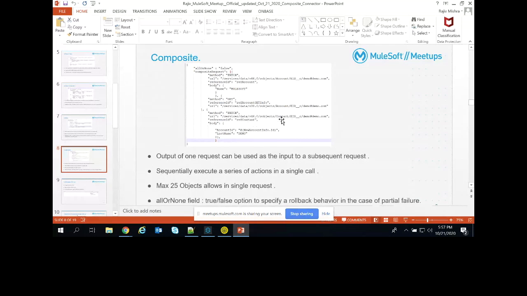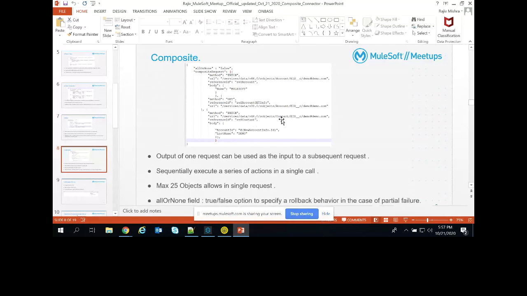So the contact has a dependency on the account. This is how we can achieve that, using the execute composite request. That is just a brief description of the major operations we can use in the composite.